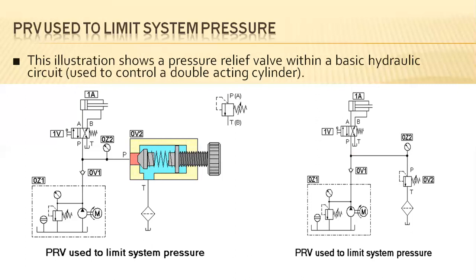So hence after crossing this non-return valve, that is nothing but the check valve, another sequence valve or pressure relief valve will be placed. Here there is OB2, the pressure relief valve. And hence here the pressure relief valve is to limit the system pressure. The fluid which has entered at 3 bar of pressure is coming here, and this is the gauge that measures the 3 bar of pressure, which is ready to enter the DCV or the system,